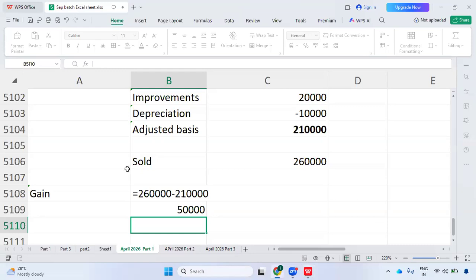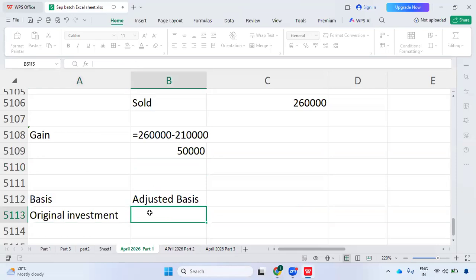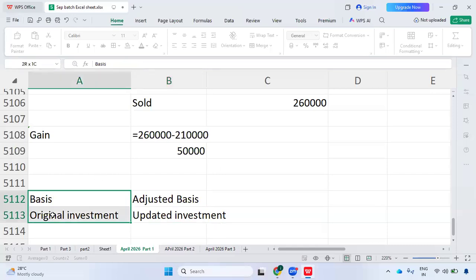So what is basis and what is adjusted basis, guys? What is the difference between basis and adjusted basis? Basis is the original cost. Adjusted basis is after adding or reducing from the basis. Can we say updated investment? Yes. So basis means initially, when we purchase an asset, the initial price, initial expenses or initial investment on the property,